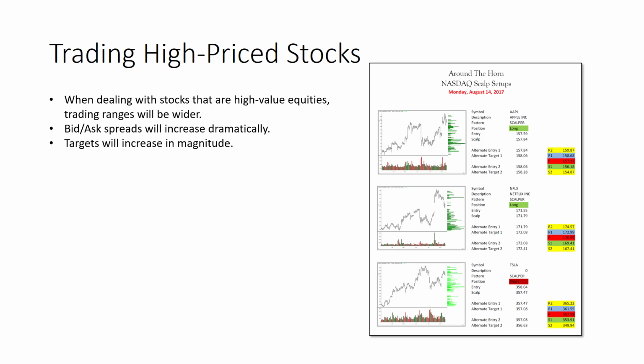The targets are going to increase in magnitude. You're going to have much wider profit objectives, but those stops are also going to be proportionally larger. So the solution in my book is decrease the share size, knock the share size way back so that the amount of money to be made or the amount of money to be lost on it is just about parity with what's going on with the Apple trades.